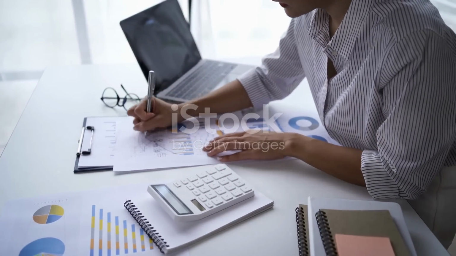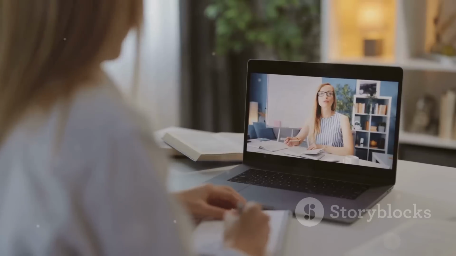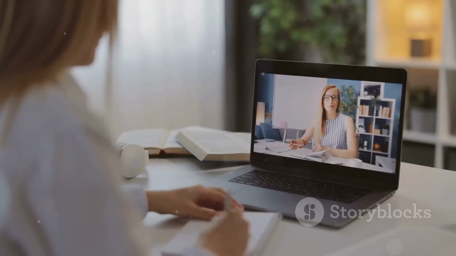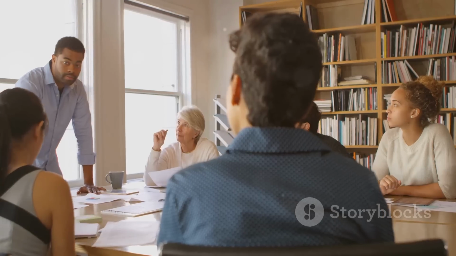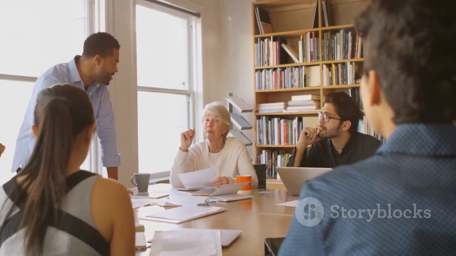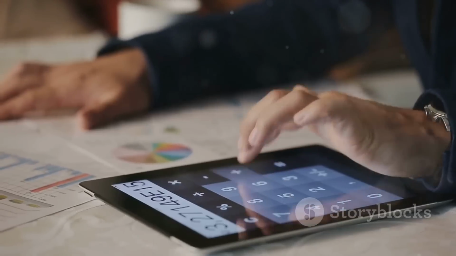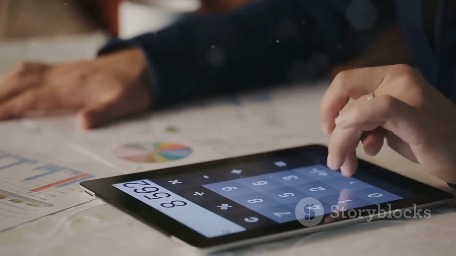Section 2. You've got this. Embrace your inner accountant. As you continue this journey, remember that resources are available to help you every step of the way. There are countless books, websites, and even free online courses dedicated to teaching accountancy in a simple and accessible way. Don't hesitate to seek out information, ask questions, and learn from experts. And remember, managing your finances doesn't have to be a chore. Embrace your inner accountant and find ways to make it fun.